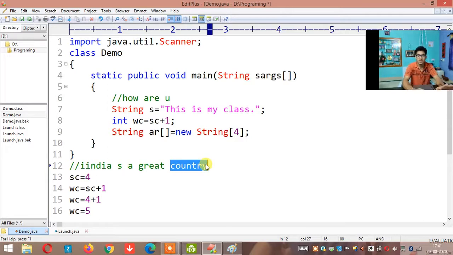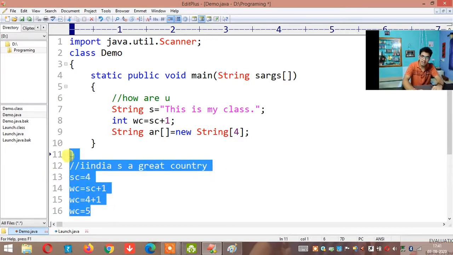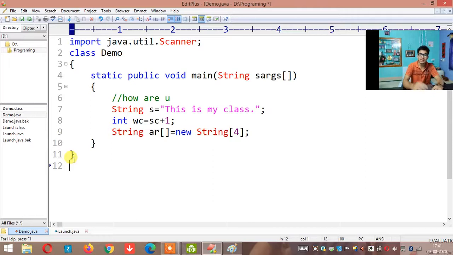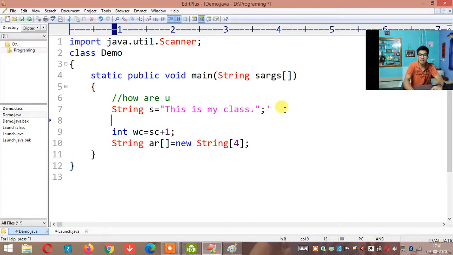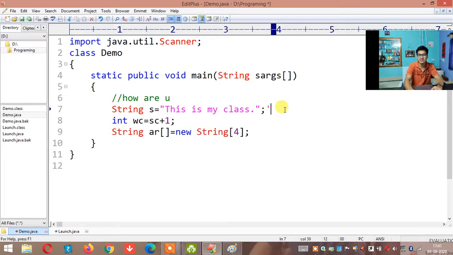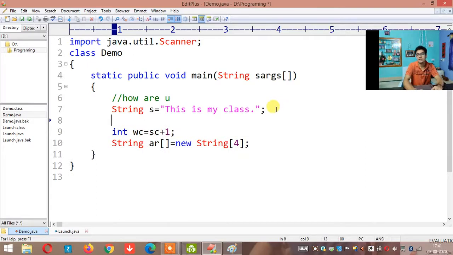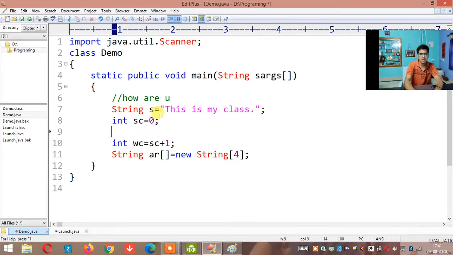Simple. Okay. So what do you have to do? Each and every time, whatever string I get, upon that string I have to calculate how many spaces are there. Okay. How do you calculate how many spaces are there? I'll write a for loop. Okay. What I'll do, first I'll create one variable, int spaceCount equal to 0. I have created one variable. Why did I create this variable? To count how many spaces are there.